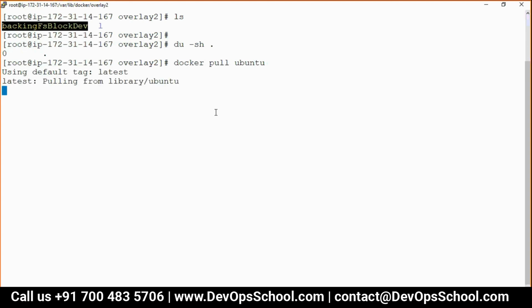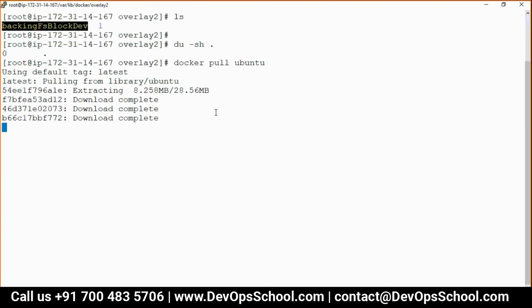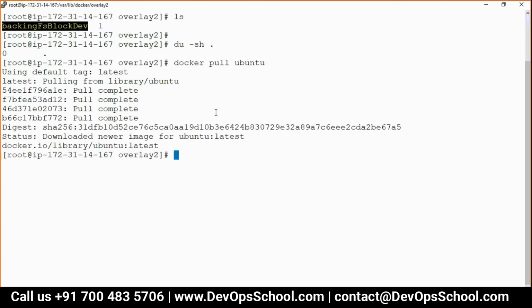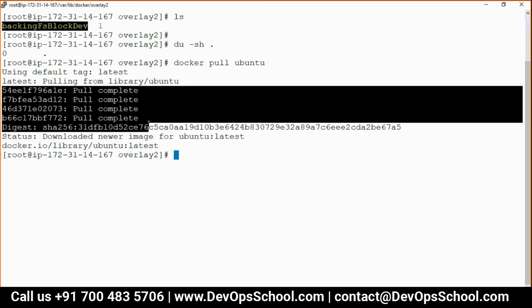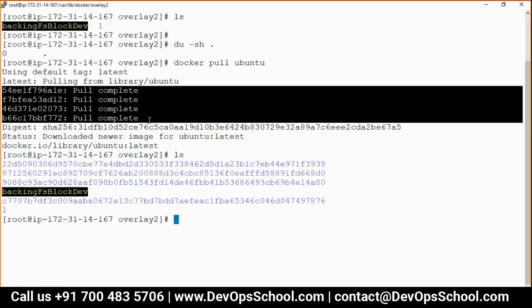So I'm pulling. How many layers do you have by looking at this? See, 1, 2, 3, 4. See here, 4 layers.